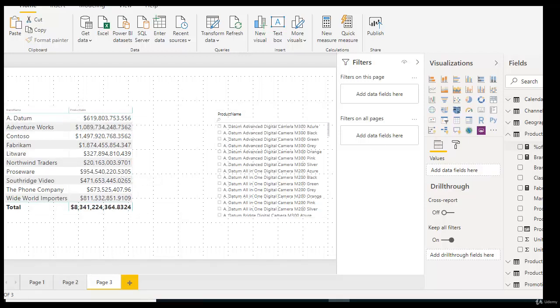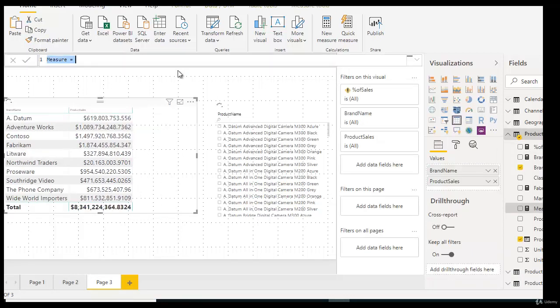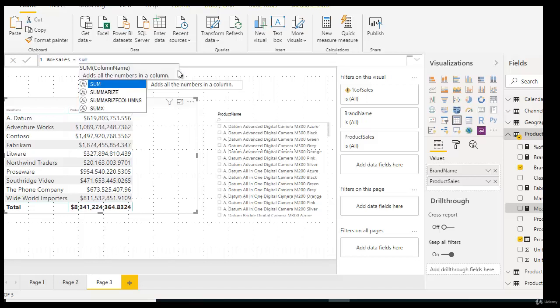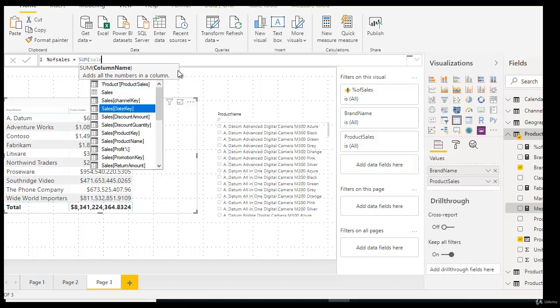So what we are looking to do is create a new measure with the ALL function. Percentage of sales. We're going to do the sum of product sales, sales amount